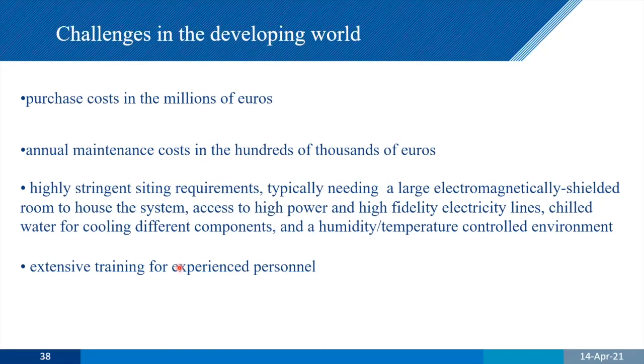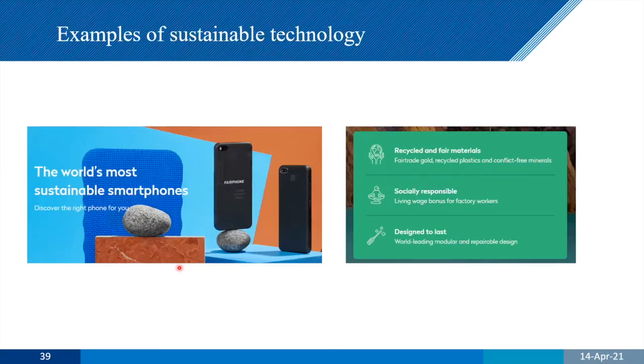So we have to look at something that is going to try and address all of these points if we're going to build a system. And also, while we're doing it, let's think about the sustainability of this kind of approach. So this is the world's most sustainable smartphone. It's called the Fairphone. It's actually produced just up the road here in Utrecht. So what does it mean by sustainability? Well, recycled and fair materials up here. We can have a go at that. I'll say something of that right at the end.